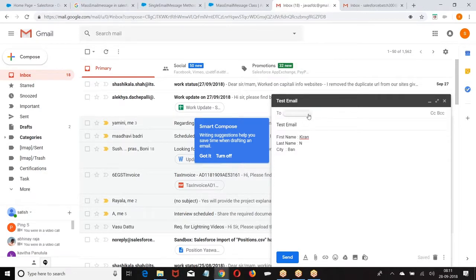If I want to send to Pramod, then how many emails do I have to create? One email for Satish, one email for Kiran, one email for Pramod. Then put all the three in an array, send it. Now, what is happening here? For every person, a separate email is getting created. That's what I am doing in this case.